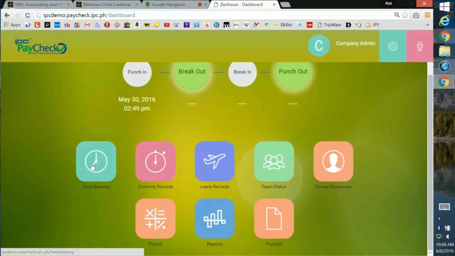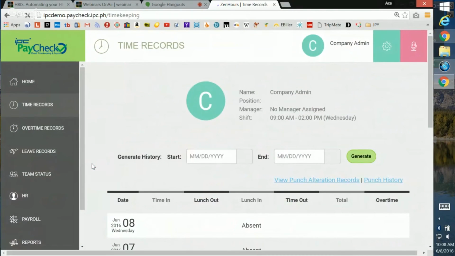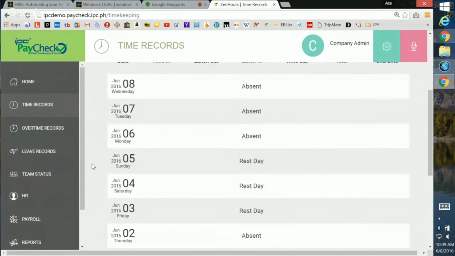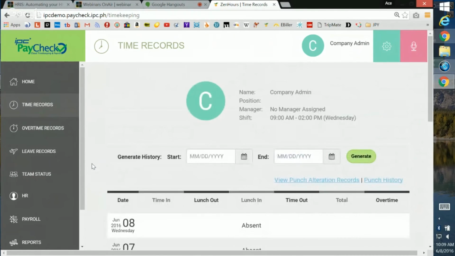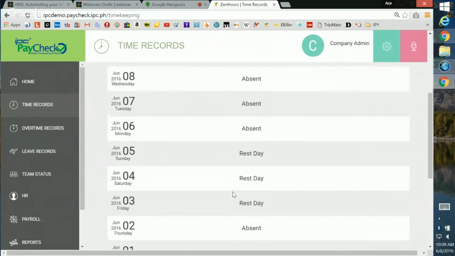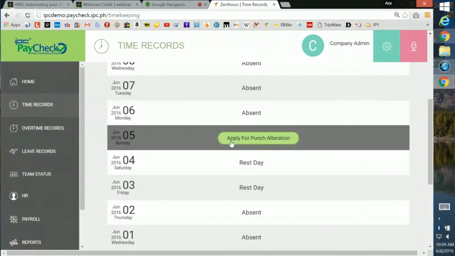So now let's look at what we can do here for IPC PayCheck's features and what you, our audience, are looking at: time records. This is actually a view of a person or a team member when it comes to the record of a day in and day out, time in, time out, break in and break out of the person. So with regards to time records, we can actually see here, for example, let's look here for